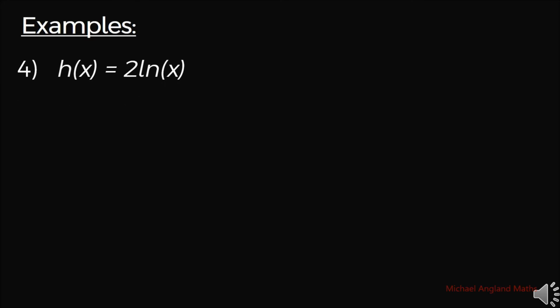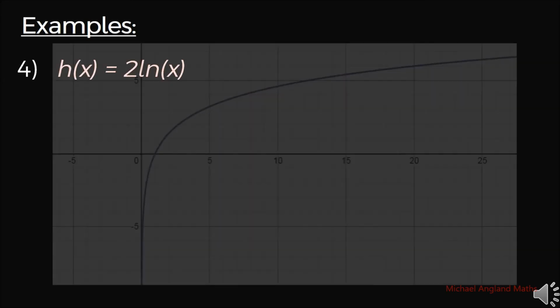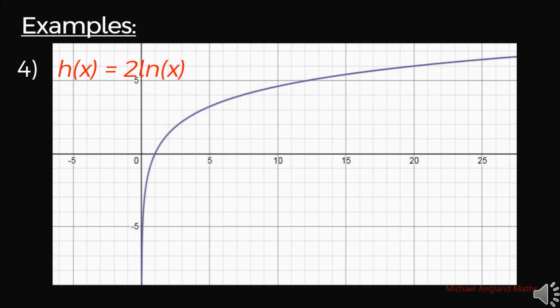Moving on to question 4, h of x equals 2 times natural log of x. The natural log of x is something which we're familiar with. Multiplying it by a constant here, greater than 1, simply serves to elongate that vertically. But otherwise it will be effectively natural log of x. So starting out from just above 0, for x values just above 0, we will have a very negative quantity, and as x slowly increases towards the right,